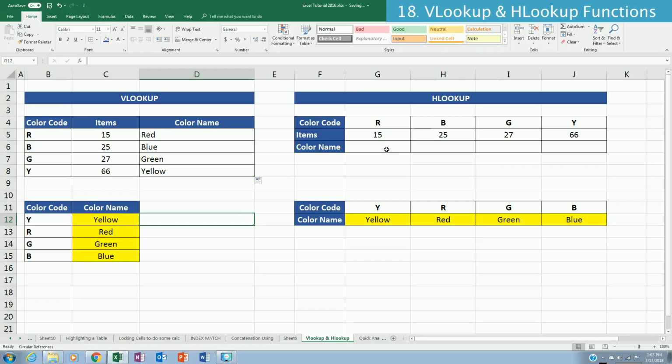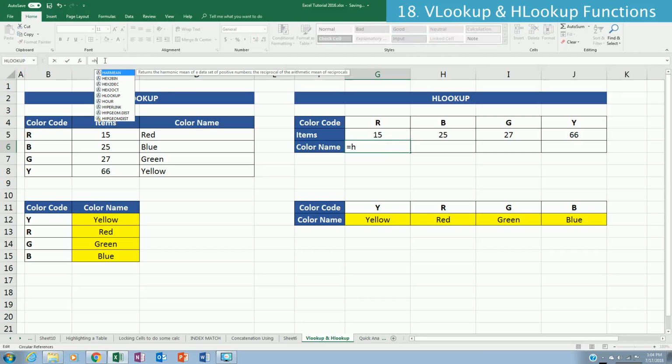The Hlookup function plays a pretty similar role to the Vlookup. The only difference is that the color code, items, and color name are situated in only one column, and then the color codes are actually the columns in your table. So in this case, the same thing. In your address bar, type Hlookup,